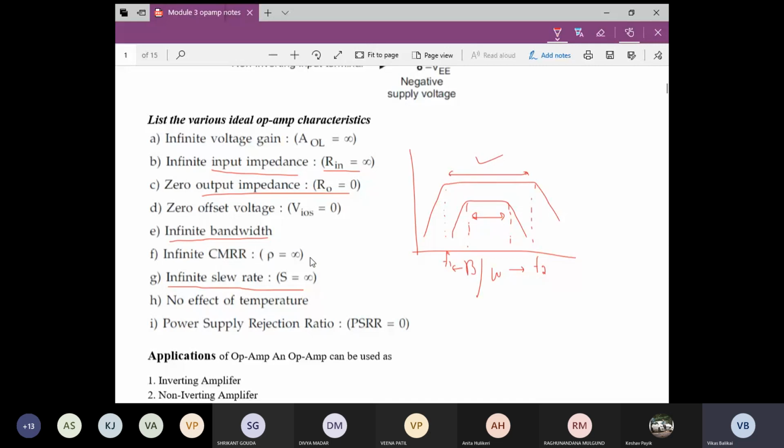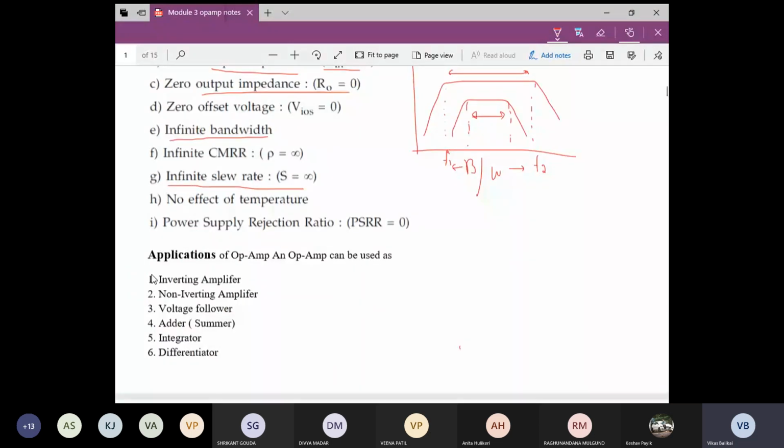Then we started with something called offset voltage, and let us try to understand somewhat about offset voltages. Then we'll try to understand the different applications of op-amp which we are going to deal with in this particular class. There are 6 applications of op-amps that you are going to study in this